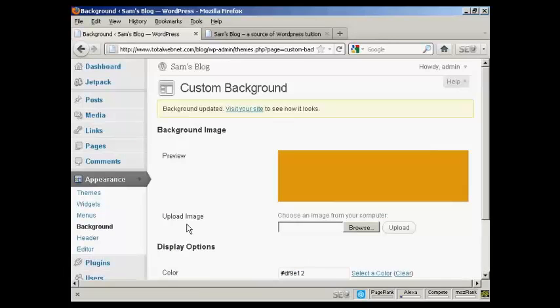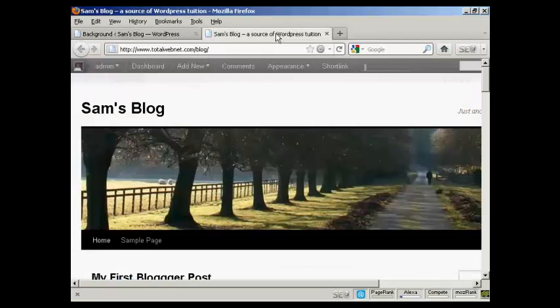Now the background color will only alter the color outside the actual blog itself. So on the blog where you put your postings, that's going to stay the same, but the part of the screen that is between the blog and the edge of the monitor will be this color. Let me just show you what I mean here. If I come back to the blog page and then click on Refresh,